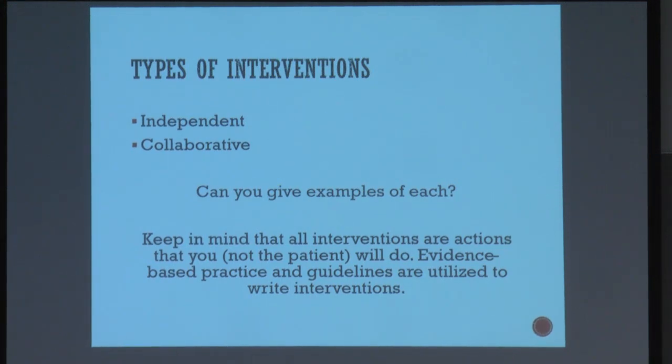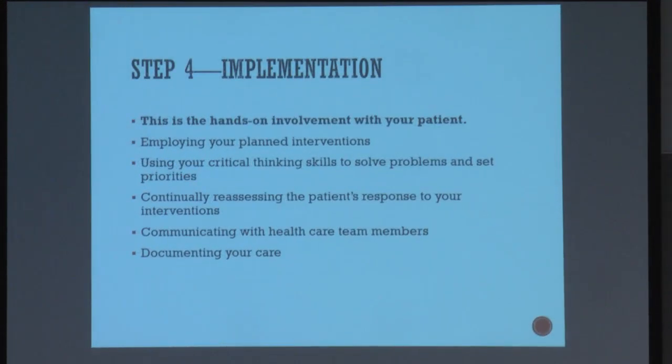Keep in mind that all interventions are actions that you, not the patient, will do. So interventions is what you do. Goals is what the patients do. And we already talked about using evidence-based practice. We continually reassess, we communicate, and we document